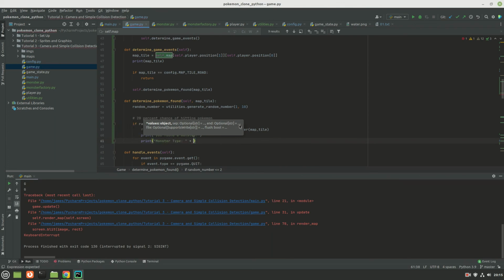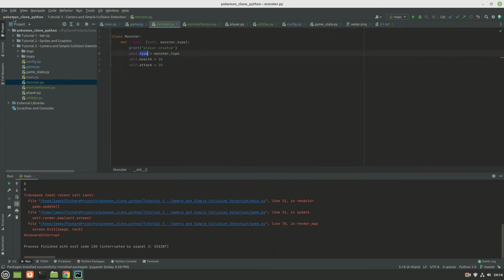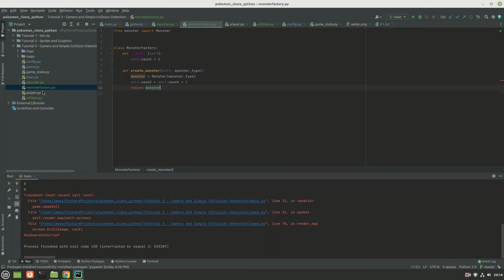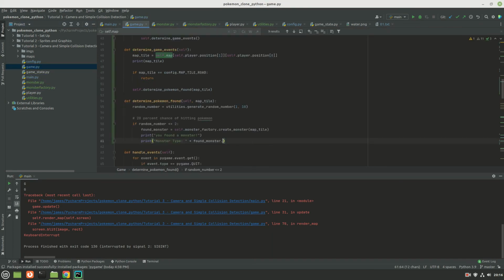And I never know how these strings in Python work, but we'll say found monster.monster type, which, self.type. We can print out the attack. And the health.